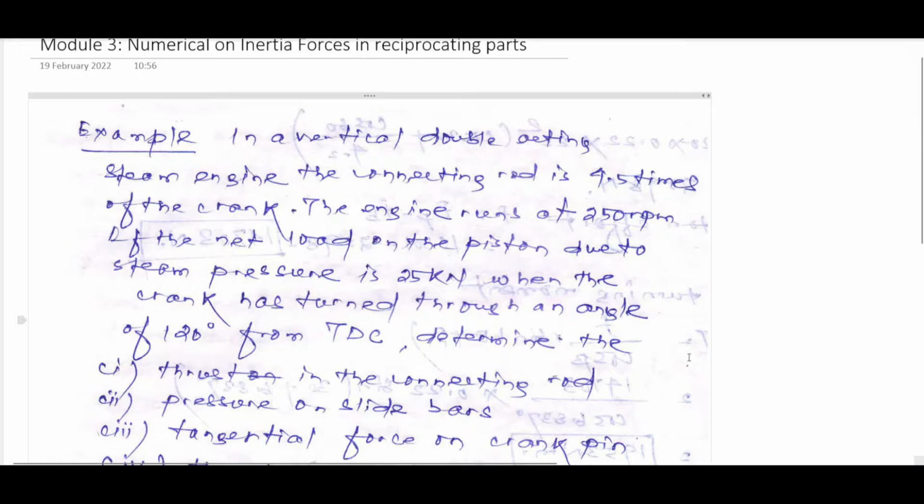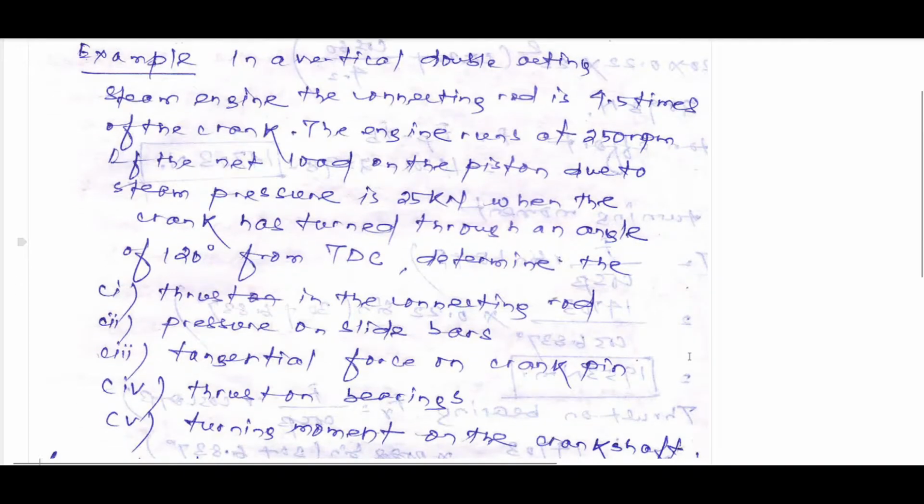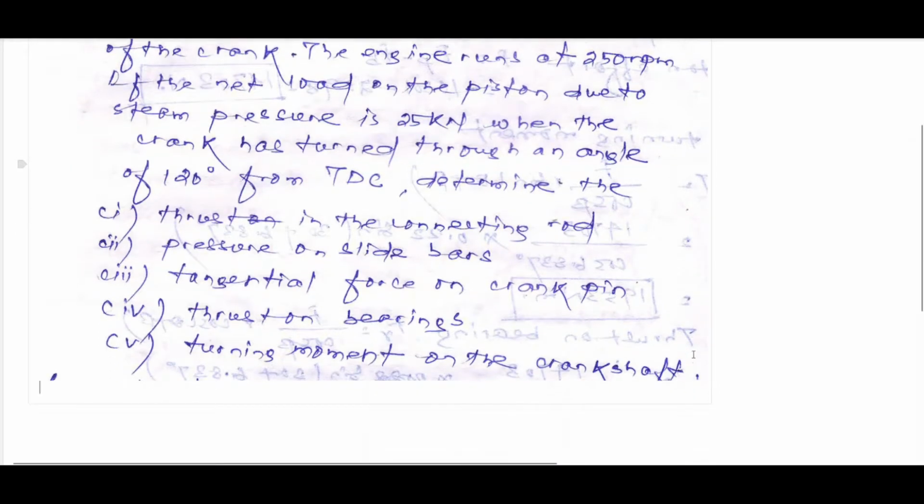So here you can see, you may note it down. It is given in a vertical double acting steam engine, the connecting rod is 4.5 times of the crank and the engine runs at 250 rpm, and if the net load on the piston due to steam pressure is 25 kilonewton, when the crank has turned through an angle of 120 degree from TDC, determine the thrust on the connecting rod, pressure on slide bars, tangential force on the crank pin, thrust on bearings and turning moment on the